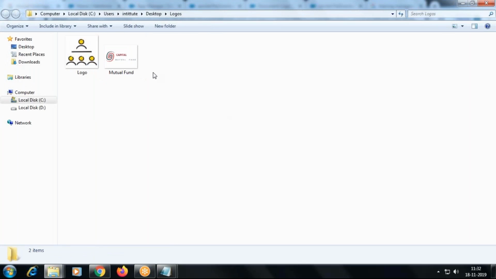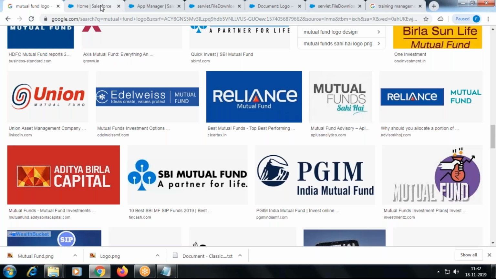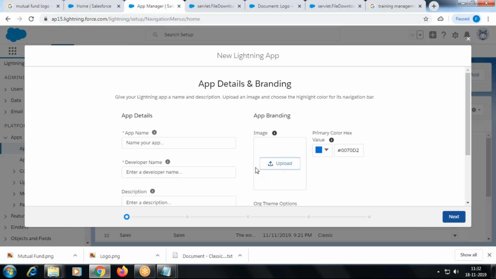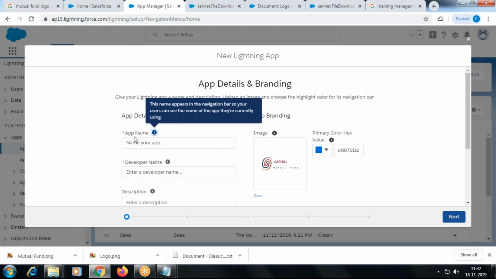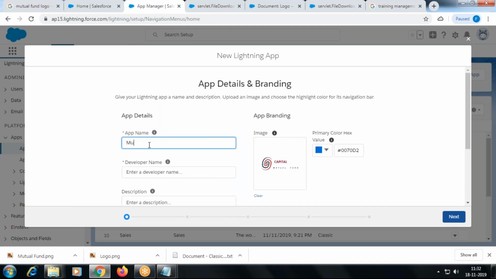Okay, so the size can go till 5 MB also, right? It's a very lesser space, but you can go till 5 MB. So now upload this logo, right? And give the name of the app name.